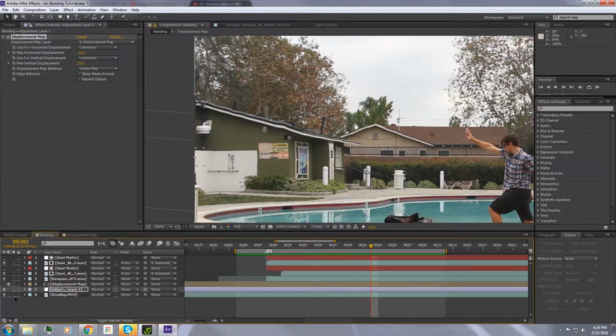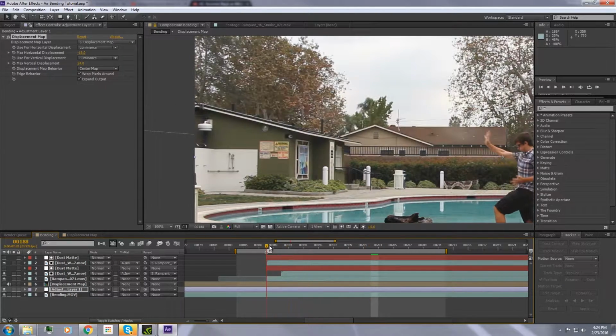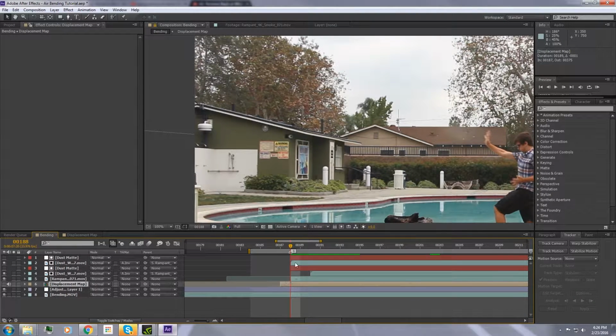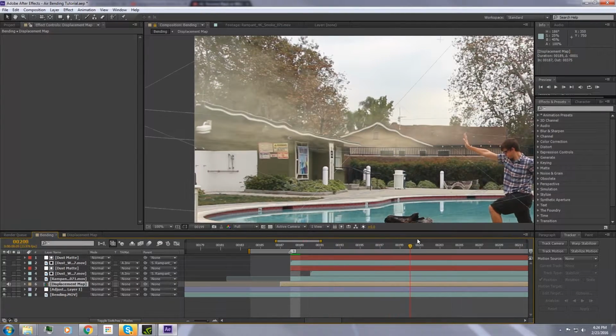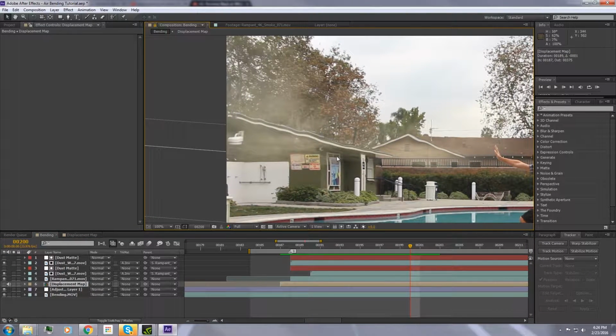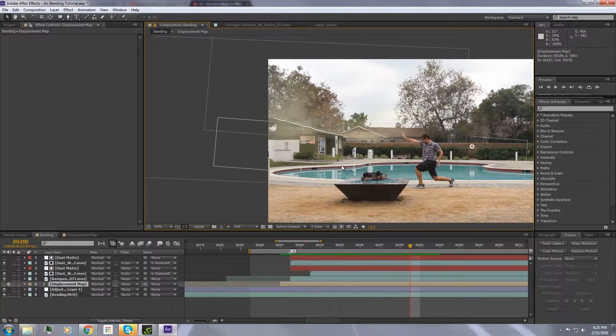Then what we can do is unsolo this and see this on top of our other stuff. Maybe even come in here. Displacement map, and we'll begin bracket. Let's actually move that forward one frame. So once you get that displacement in there, it looks like there's really a lot of flow going on here, especially when you add that dust in. You can even add